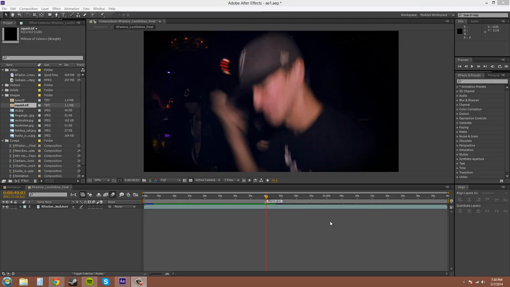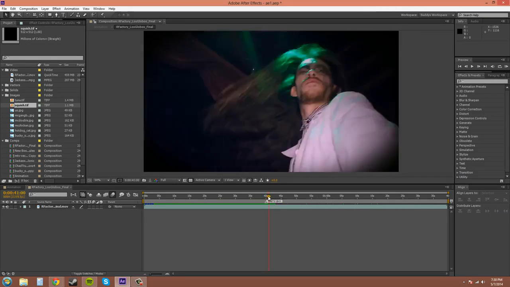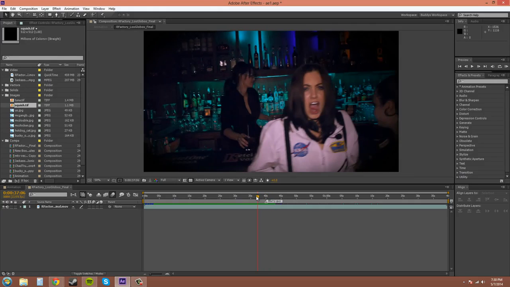But let's get on to the real markers, which are indicators that you can put in your comp or you can put them in your layers to tell you what is going on in that part of the composition. They're good for helping you remember where something is at a certain point of time, obviously. So the way that you can indicate where something is in a comp is move your time indicator here to somewhere,